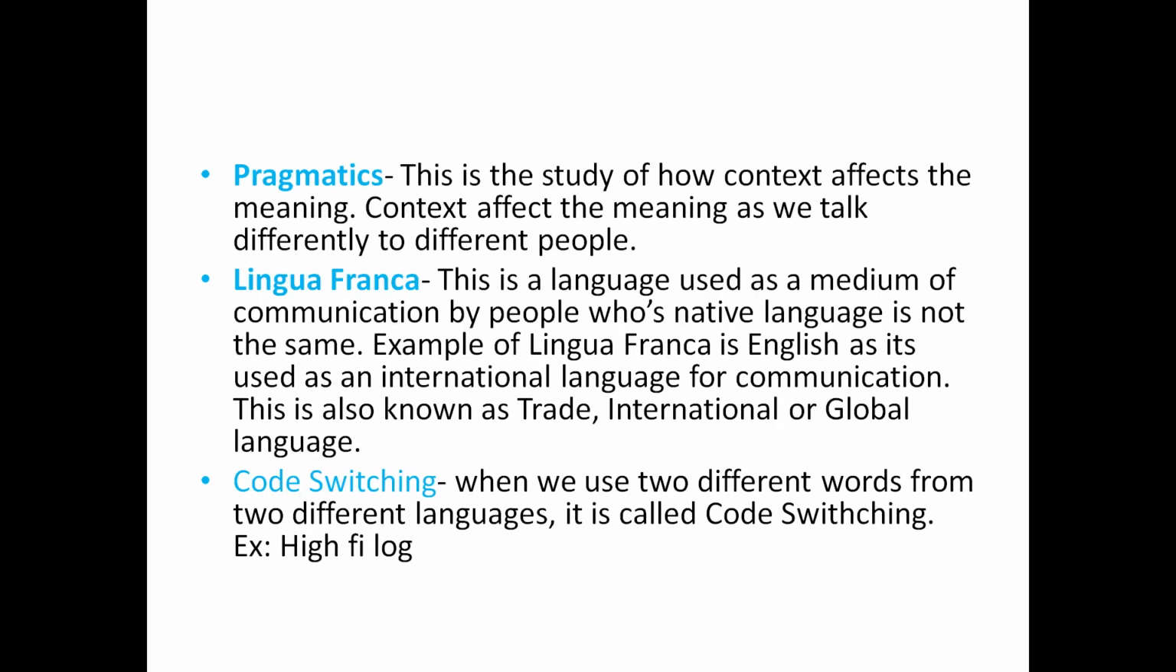Pragmatics. This is the study of how context affects meaning. Context affects meaning as we talk differently to different people. And the study of such contextual difference is called pragmatics. For example, we talk to our parents and elderly people in a very respectful, very controlled way. But this is not the type of conversation we have